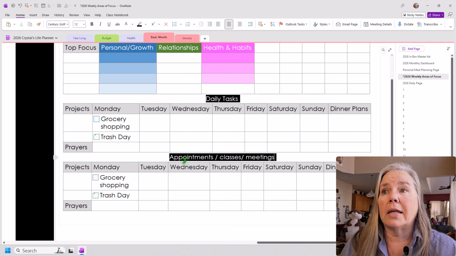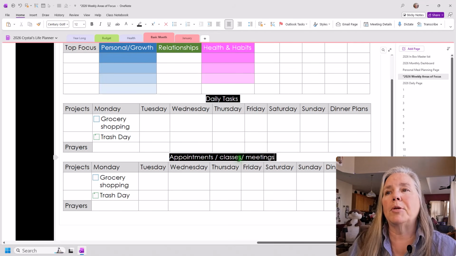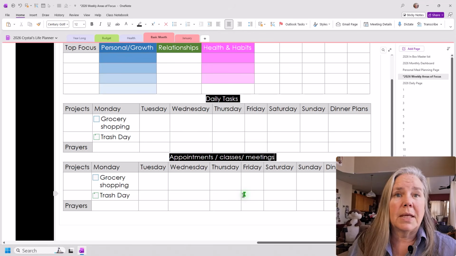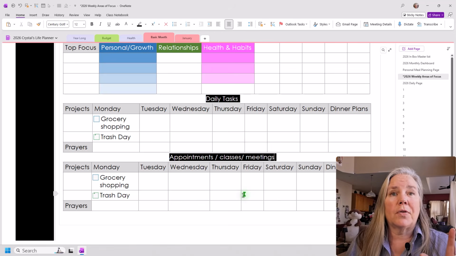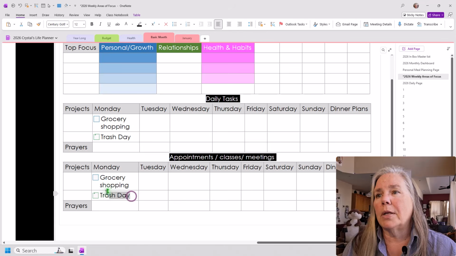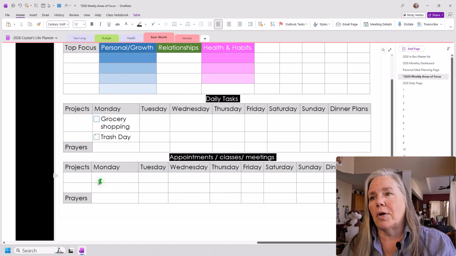Okay, like that. So maybe you attend a class, maybe you have to take your child to a class, maybe you are teaching a class, maybe you have a meeting, maybe you have specific appointments. It doesn't matter. This is just a place for all of those planned things to go into. Okay, so we're going to go in here and we're going to delete grocery shopping and trash because we don't